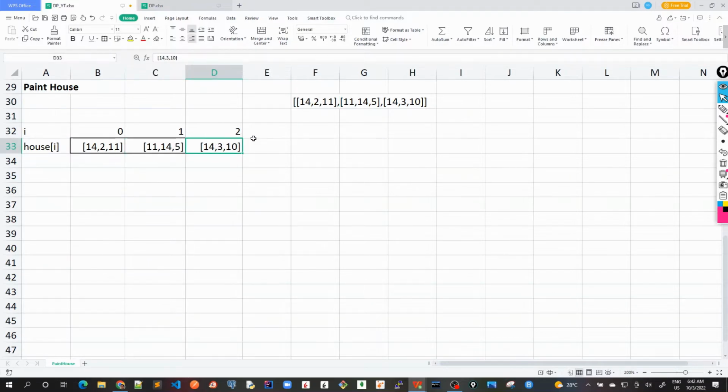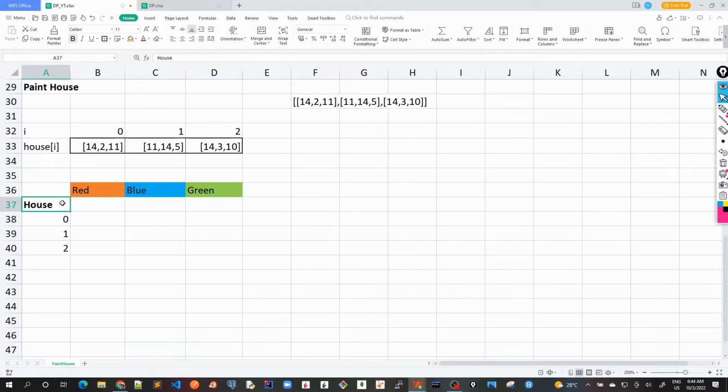Now we will use the bottom-up approach to solve this problem. So we'll start with the base case, starting with house 0, 1, and 2, and we will calculate that for each of the cells in our DP array, what is the minimum cost at that particular cell. So what I mean is,